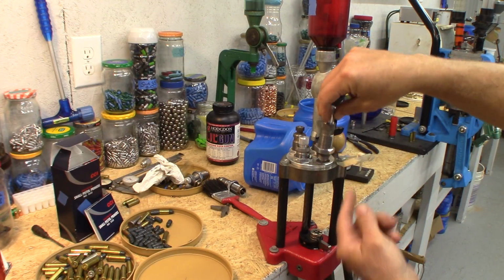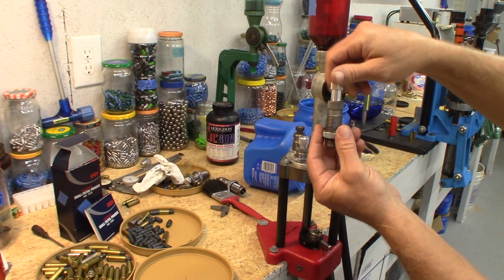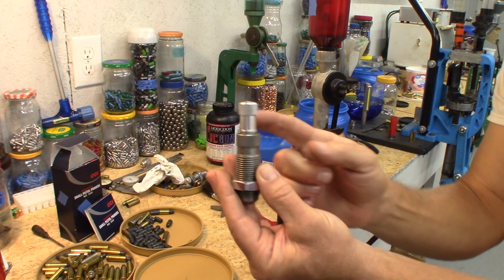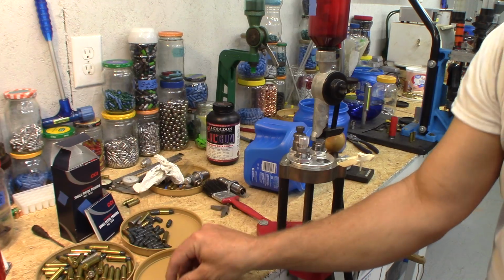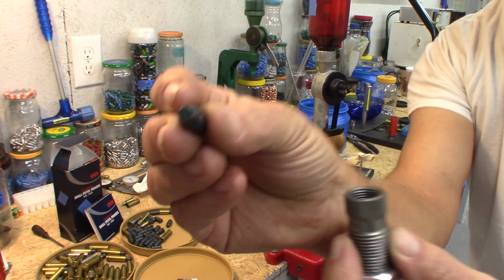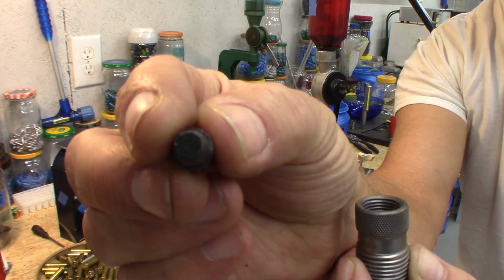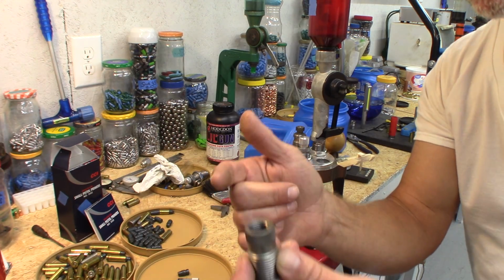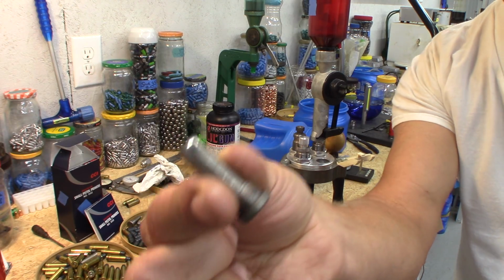You see how far out I have it, how far up I have it. I have it up as far as I can, and then I do all my adjusting with the seating stem. And what I've done inside of here, because you see I'm shooting Keith bullets and it has this flat tip on it, well, if you were to use the seating stem that comes with it, it's rounded for round nose bullets. So what I done is I used my sizing stem